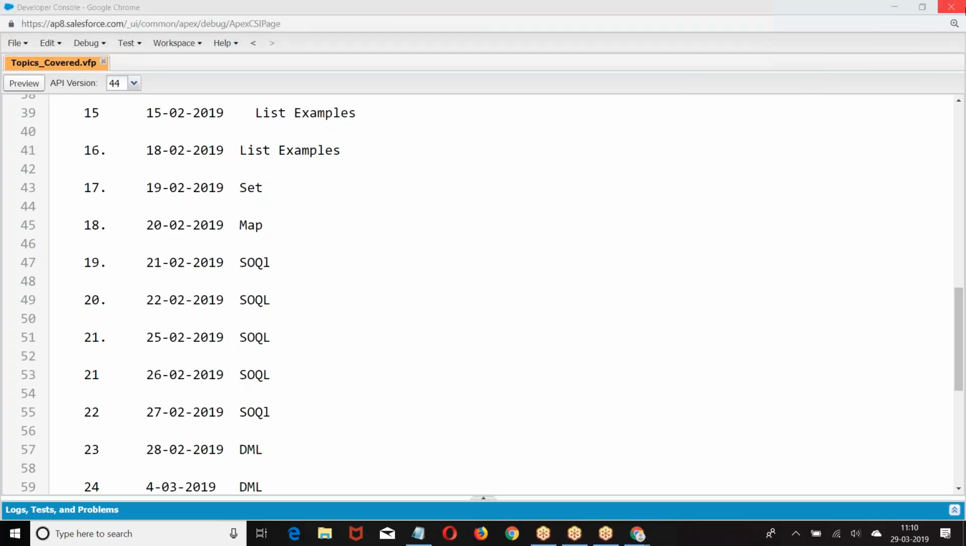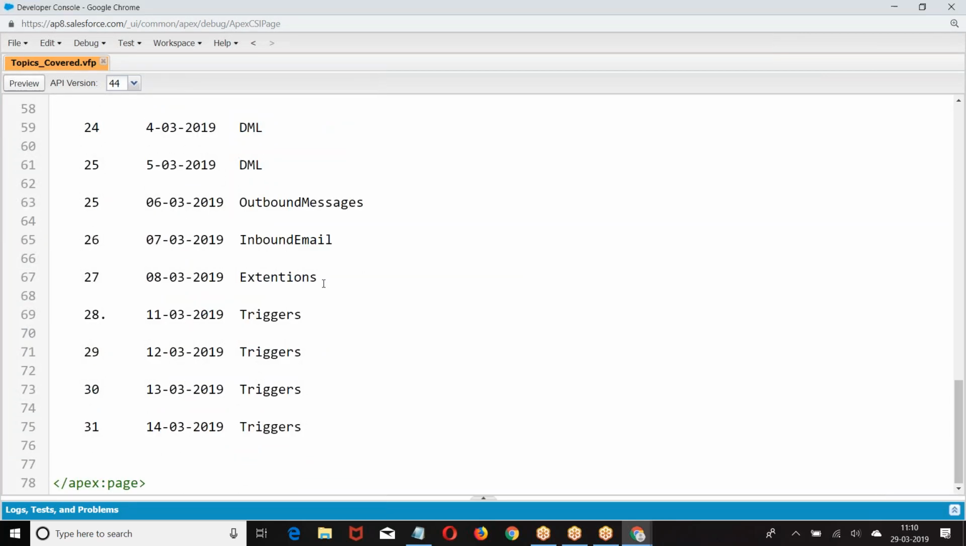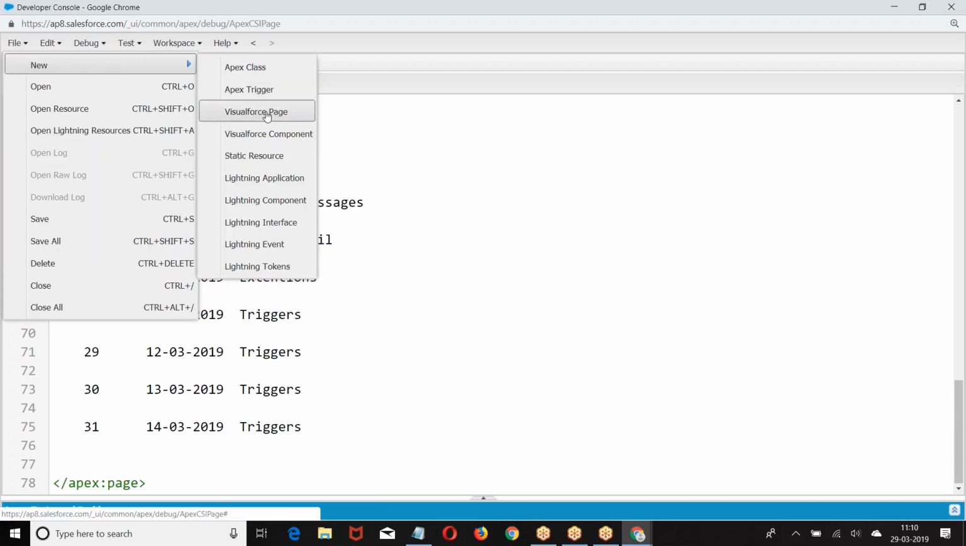Action region. What is this action region and how is it implemented? So if you are going with action region,